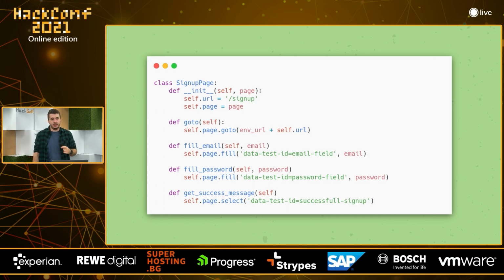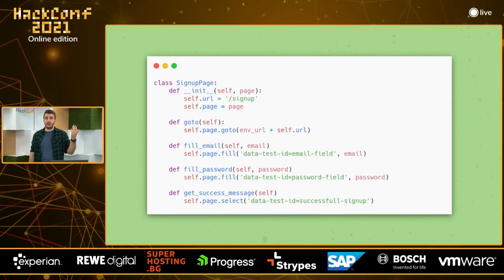Another huge thing we discovered is never to hard code messages or any kind of strings in the tests, because they tend to change a lot. The designer decides that this is not the right message, so it's not "welcome to your new account," it is "greetings" or something like this, and then you need to change the text. So never hard code classes, XPaths, texts. Try to avoid this. Well, that means that if I'm writing a test, I need to have access to the actual front-end code base. I need to know what I'm doing there, because it is not so obvious, especially if you're using some kind of modern web framework.